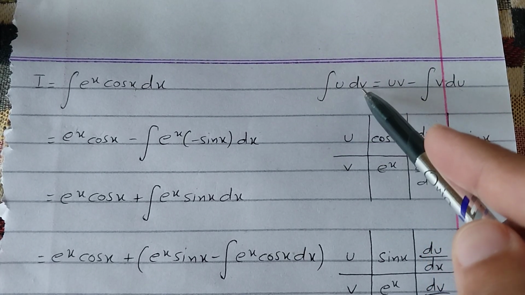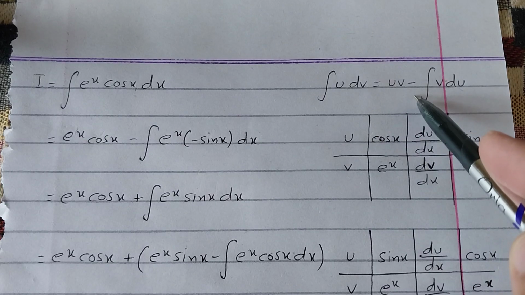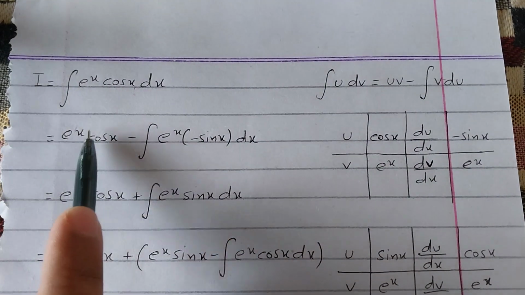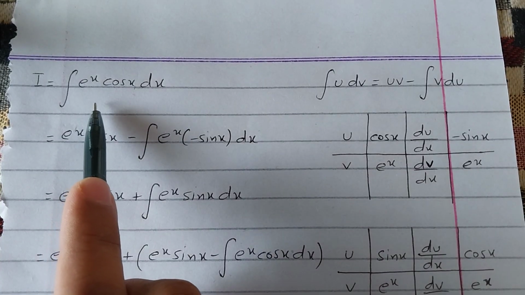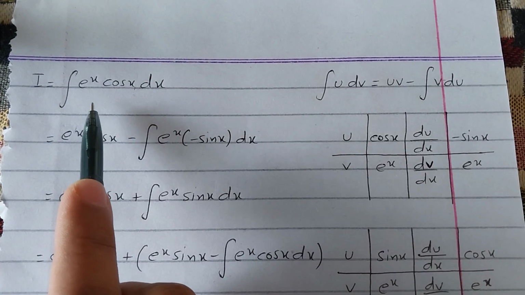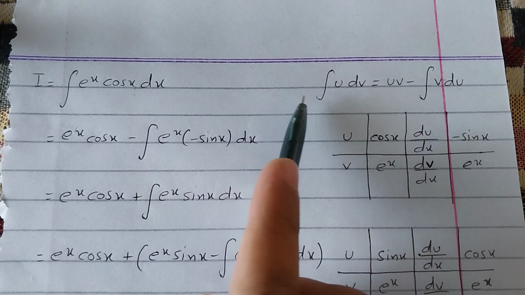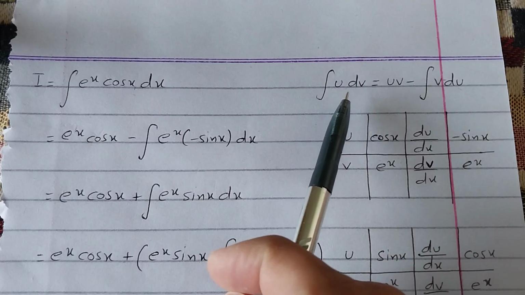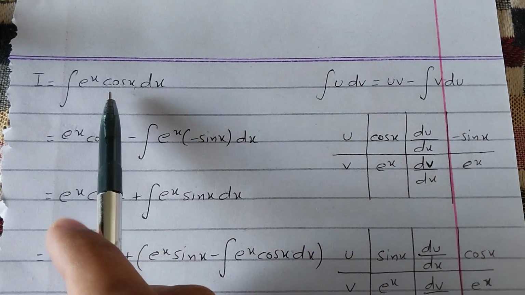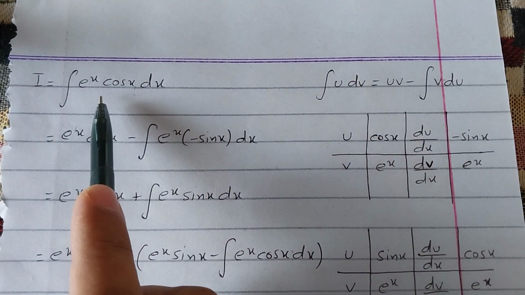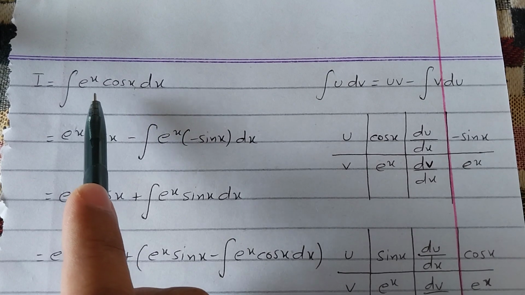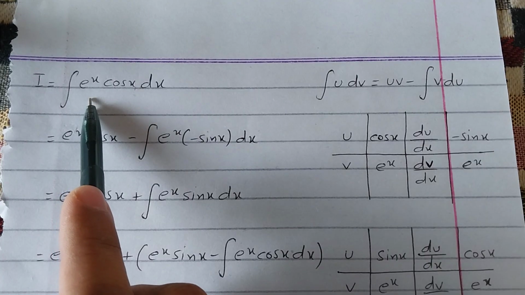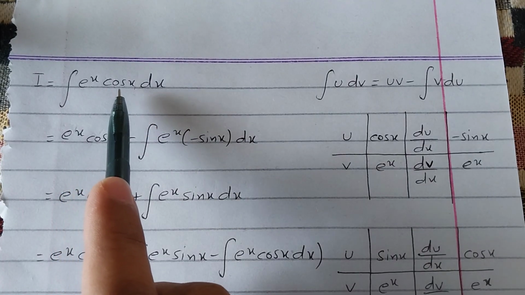integral of u dv is equal to uv minus integral of v du. Our question is in terms of x, not u and v, so we have to let u and dv in order to use integration by parts to solve this. In this particular question, it doesn't matter whether we take e to the x as u or cos x as u,